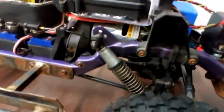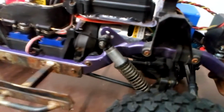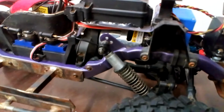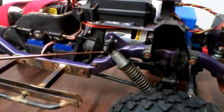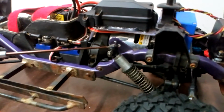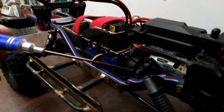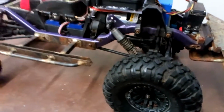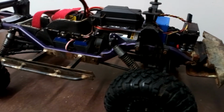So first of all I silver soldered or brazed those bits to the back of the chassis rail, tried it all back together and found out it fouled, so I moved the shocks further out, so the head of the shock was sitting more here. It didn't then foul the chassis rails, it fouled the wheels. So I then had to move them back in,